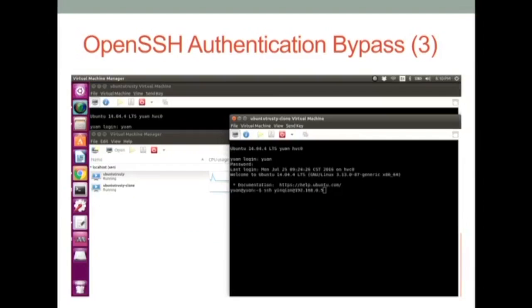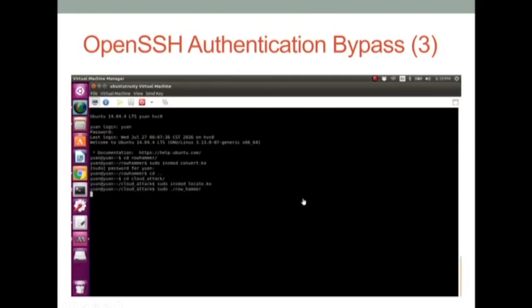Well, this is basically a demonstration of this attack. Here, you can see that this attacker is trying to log in remotely to this OpenSSH server. Because the attacker does not have the password, he can try many times, but he cannot log in. And then the attacker gives up. So next, the attacker will go to another virtual machine that is controlled by the attacker, which is co-locating with the victim,